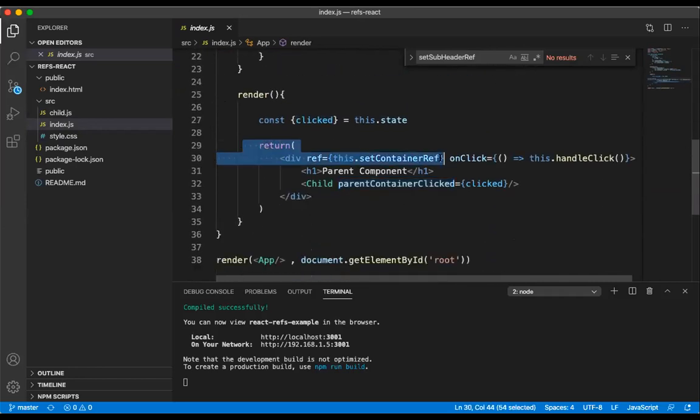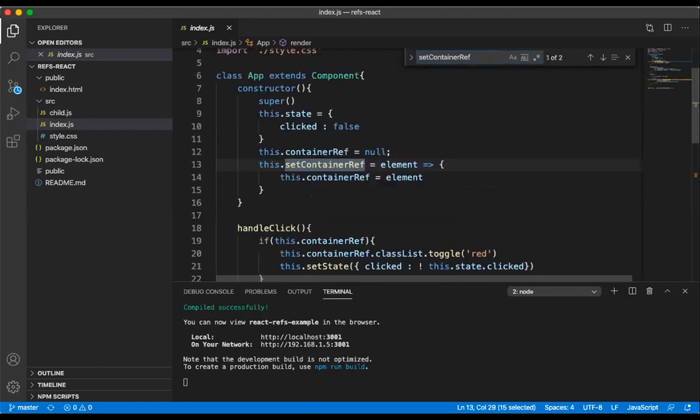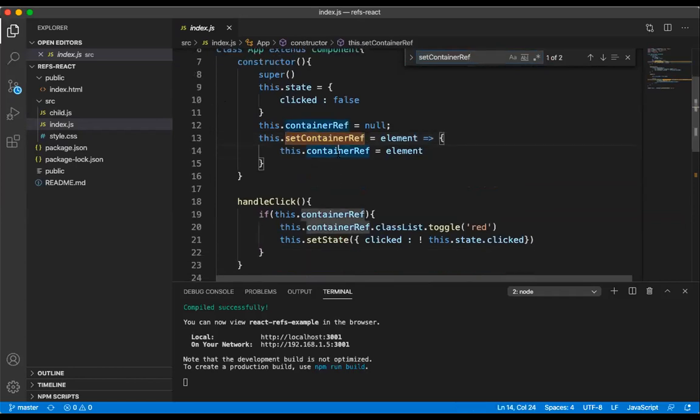Here it will check this ref, and this is setContainerRef. It gets the container ref, which is an element, and this setContainerRef is going to update with the container ref. This container ref is like a toggleRed.